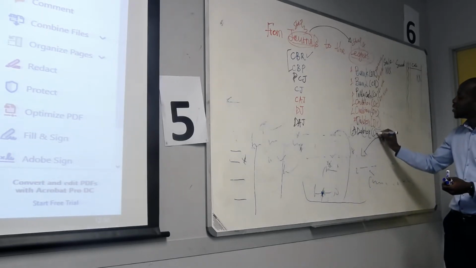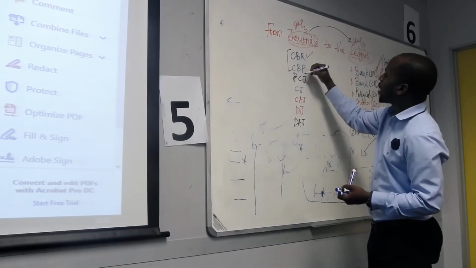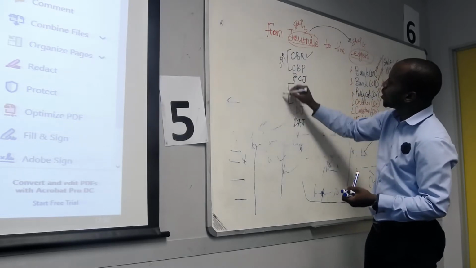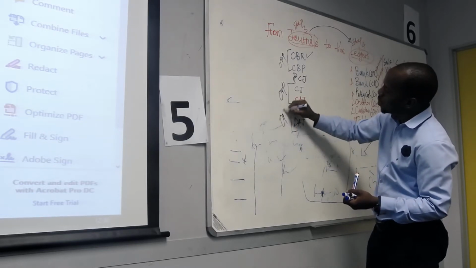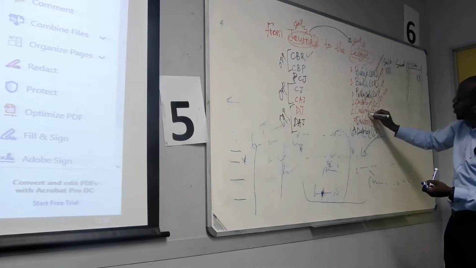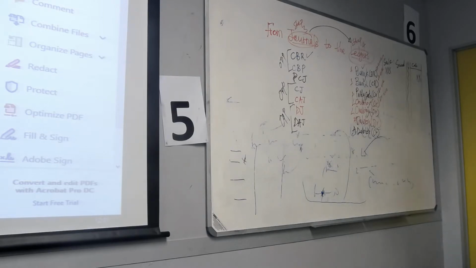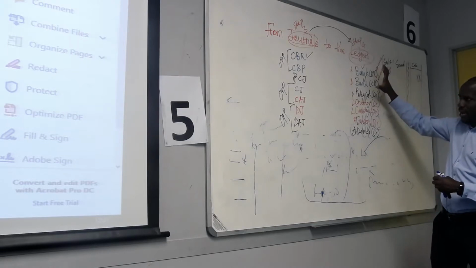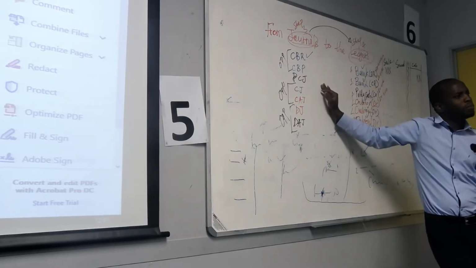We credit it. At the end of the day, we know CBR and CBP are opposites, CJ and CAJ are opposites, and then DJ and DAJ are opposites. That is why the main account is similar here, and here, and here. There is no way it is going anywhere else. Wherever you're going to have to debit bank, if you are in CBR and CBP, one of them is wrong.